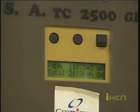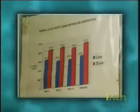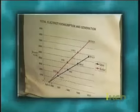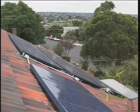Since the system has been operating, it's generated a surplus or a credit of over 2 years' worth of electricity. What that means is it's not only generated as much as we use in the house, but it's generated a whole lot more. Obviously, solar panels need to be in direct sunlight to work. So in the southern hemisphere, that means they need to be facing north. With the roof of our house, it's on an angle of about 30 degrees, which is coincidentally about the optimum